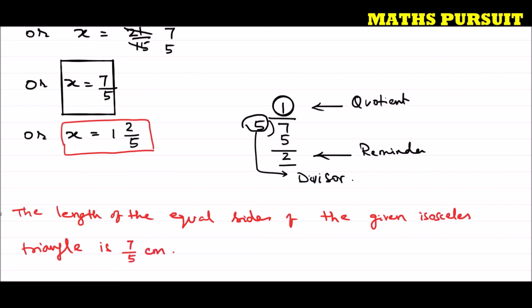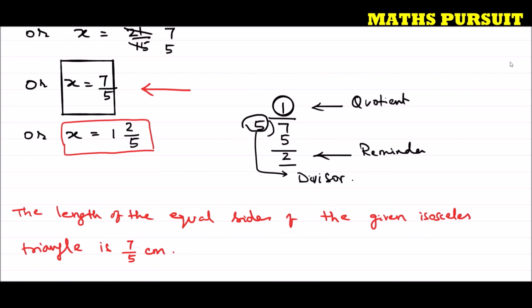Let us not get confused. We are still fine if we get this answer. This depends upon what way you represent it. If we write the answer as 7 upon 5, it's absolutely fine. This is very simple and very straightforward. If we write it as a mixed fraction, it's well and good, because the answer in the book has given us a mixed fraction. But I don't think a mixed fraction is required. We can still write 7 upon 5 centimeter.